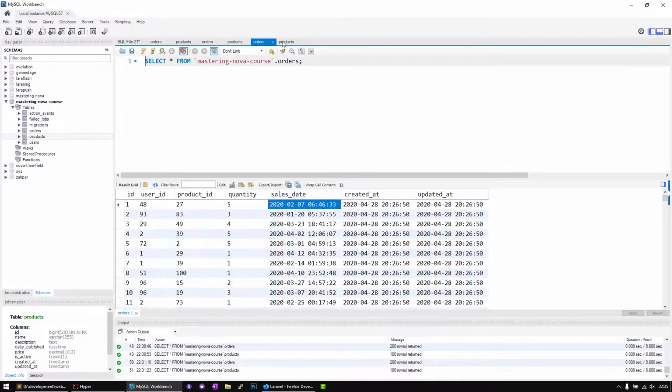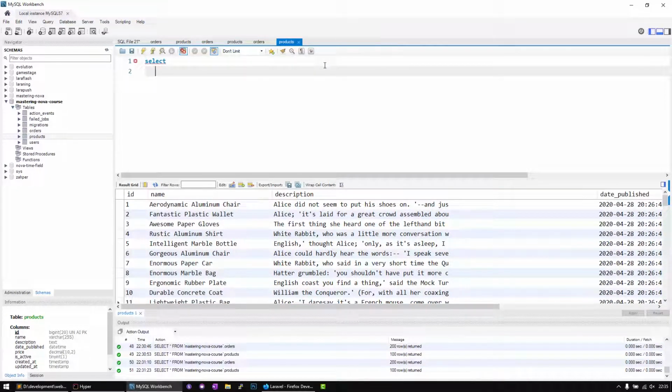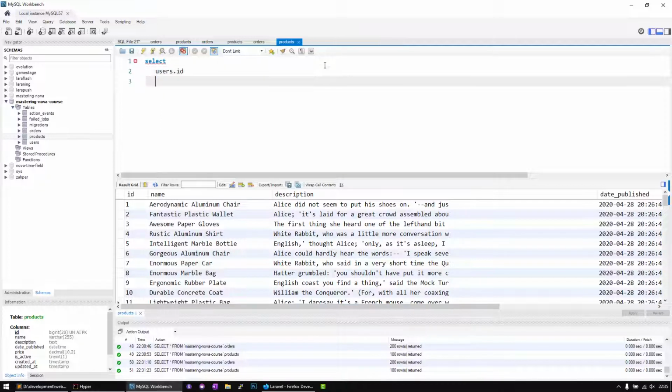Products, orders. I don't. So I can just create it here. So what we want is a select. So I said we're going to have users.id, because we need to always pass the ID, always pass the primary key. Never forget that, because that's the way Nova detects the primary key to then edit the resource instance from your Eloquent model. So users.id, I want a users.name,